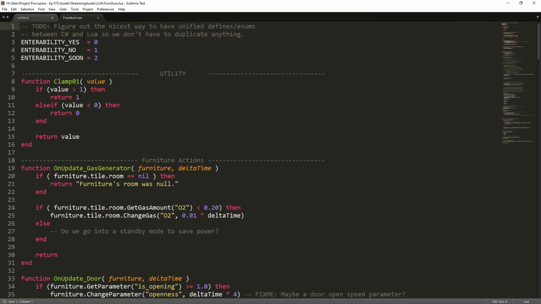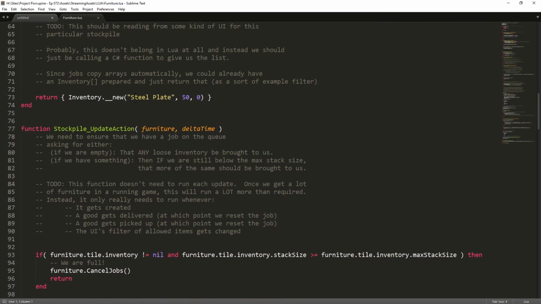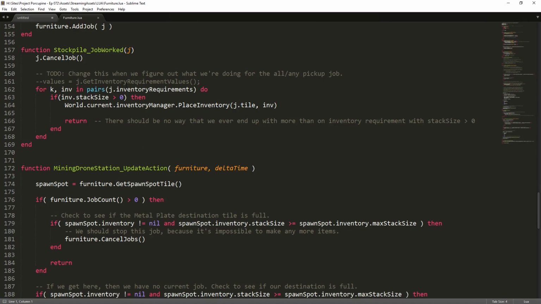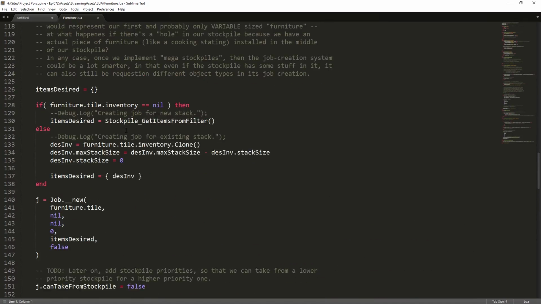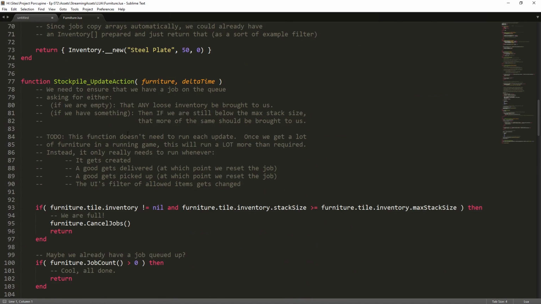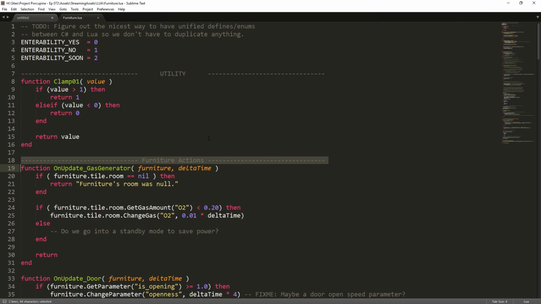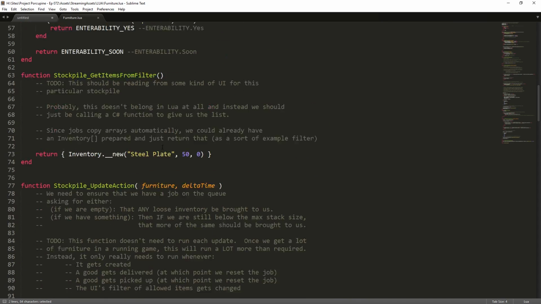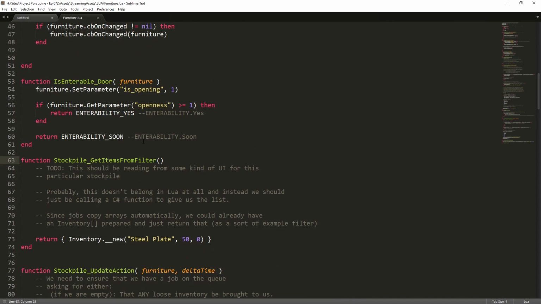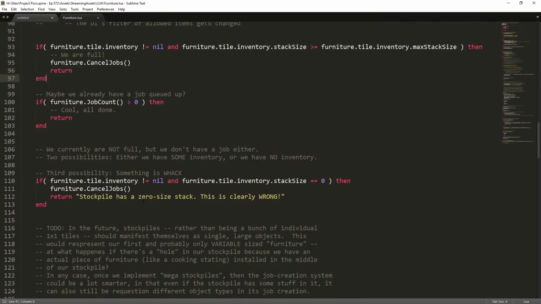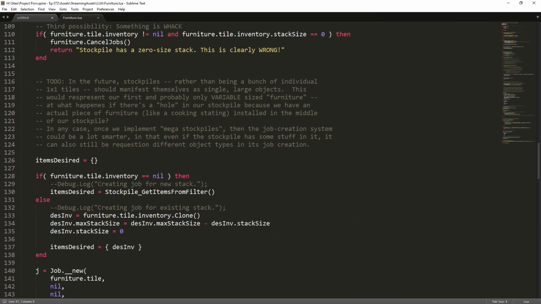So this is our Lua file that runs all of our furniture logic. If we take a look at the stockpile code, which starts over here. Do I not have it? No, I don't. I should have that. Oh, furniture actions, like this. Right. Okay, that's fine. So our stockpile code over here, when we're creating a job,